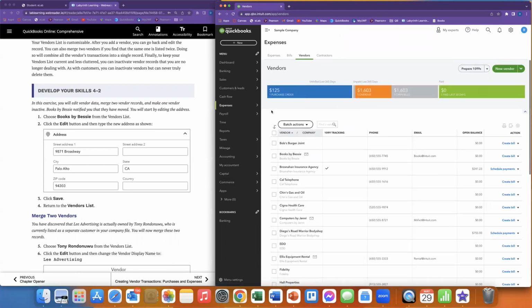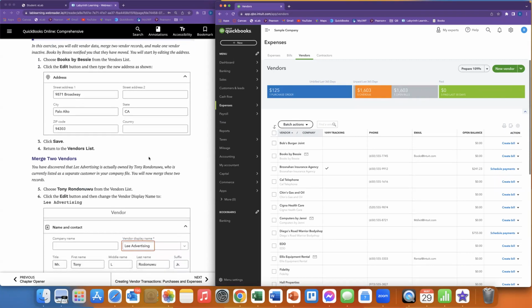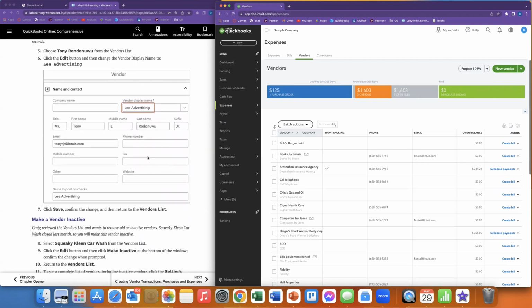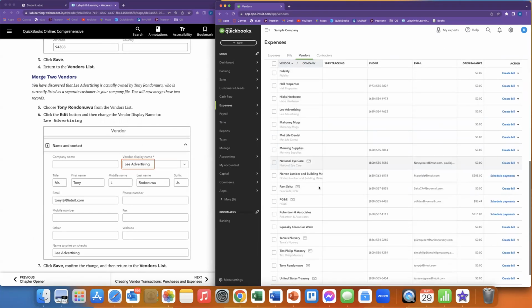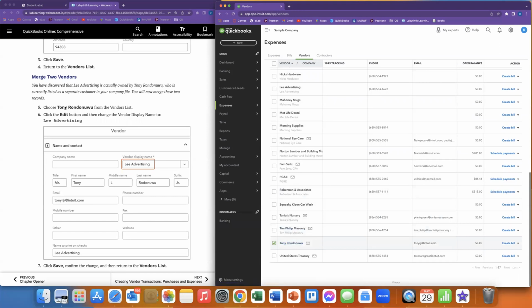Okay, so you can go through this, what I just did, or you can just click here. It's the same thing. Alrighty. Okay, so all right. I do have a little problem with my headphone right now, so I hope now it works out. Okay, so merge 2 vendors. Oh, merging is fun too. You go and choose Tony. Let's go to Tony. He's here. And then